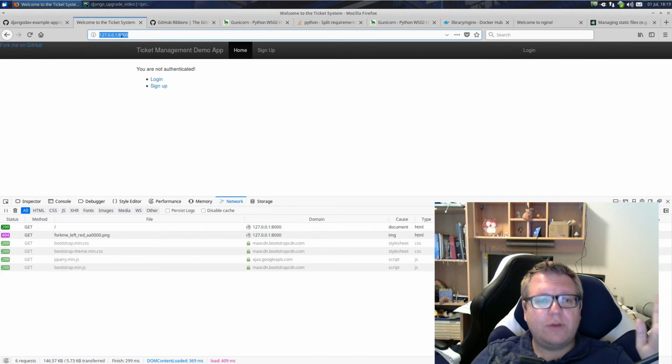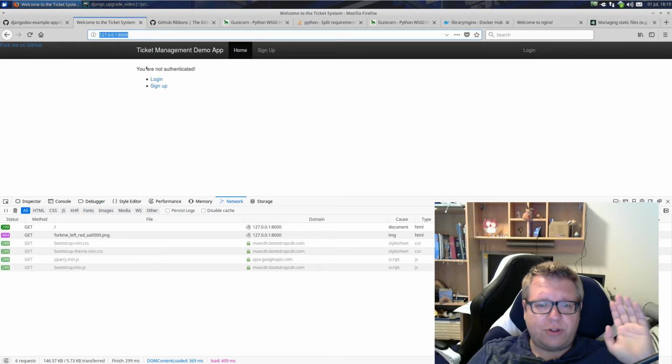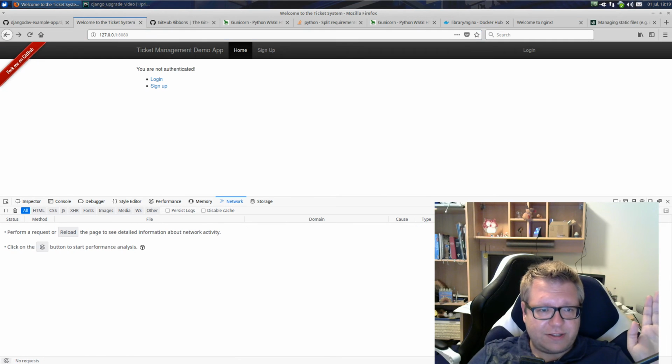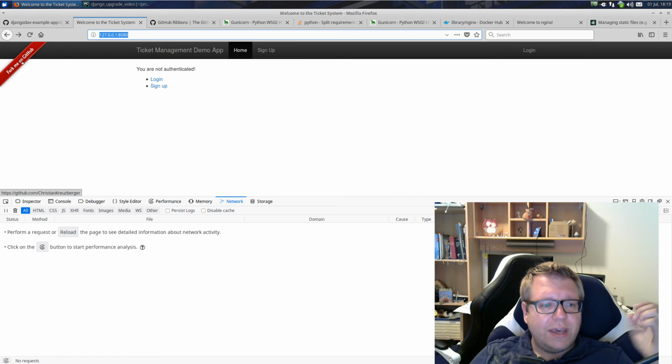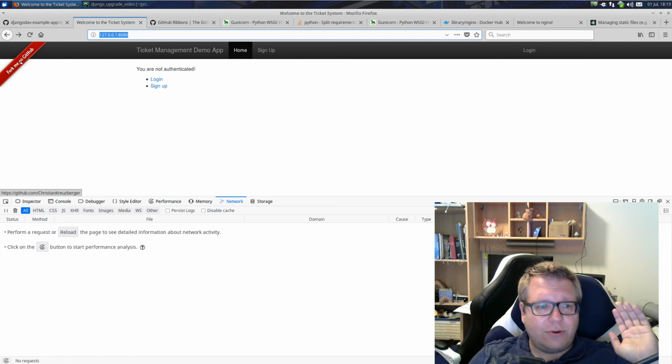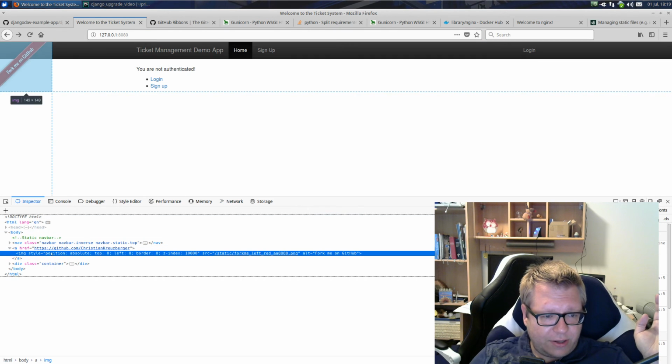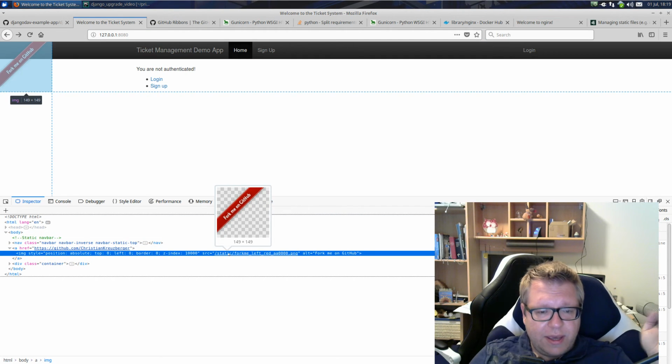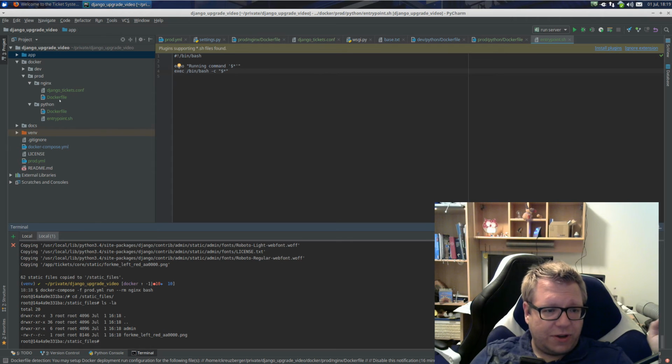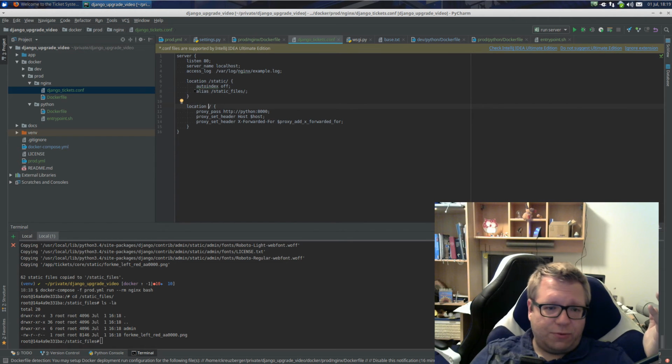is again going via gunicorn, and gunicorn does not handle your static files. This one on port 8080 right now is going via nginx. Nginx sees this little file here, a request to this file. It knows this file is going to the static directory, and let's just double check. It goes to static, yeah, and static is, as we just configured it in here, redirected or aliased to the